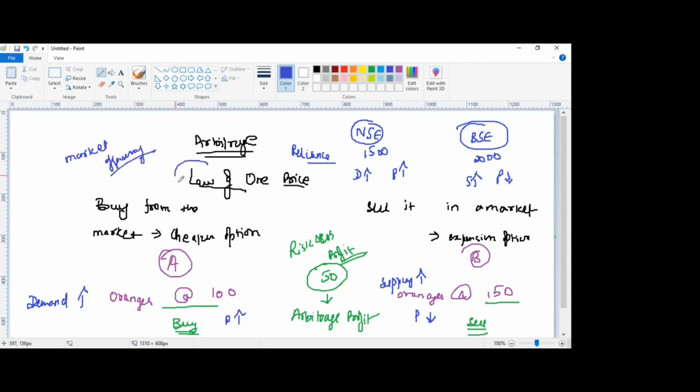It helps in the sustenance of this law also, that is the law of one price, that is anything which is available in different markets should be priced in a similar manner. Okay. And just a doubt,